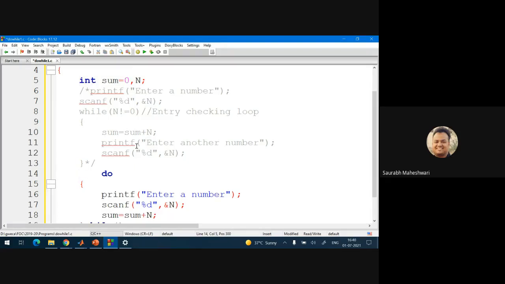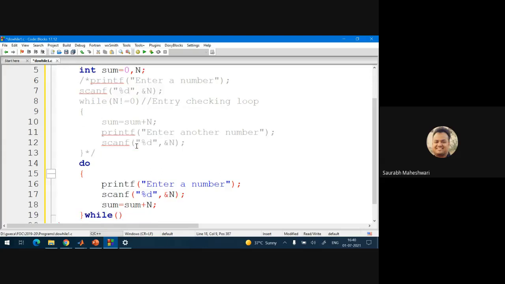Then I print enter number, scan this number, and then perform the first summation. This summation will take place at least once, because this is an exit checking loop.